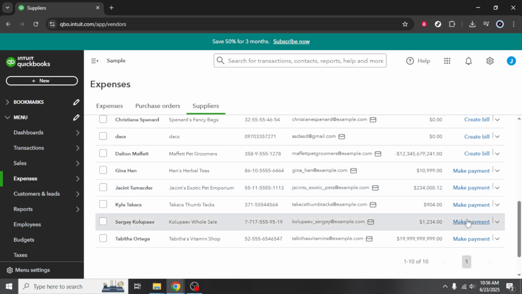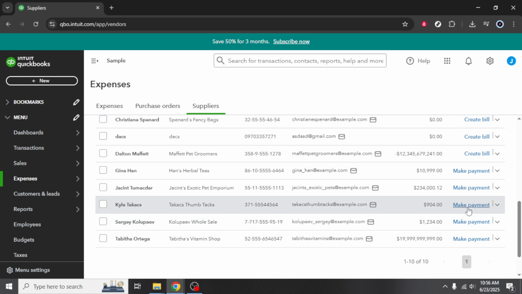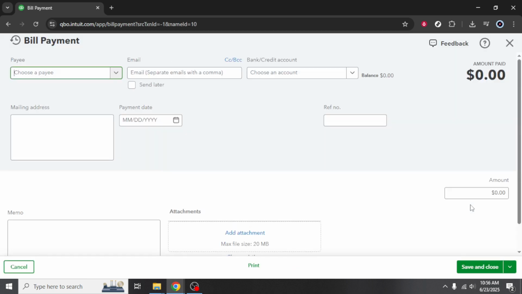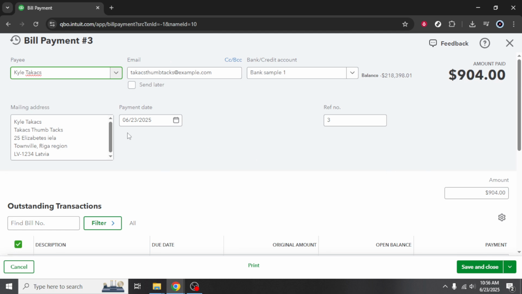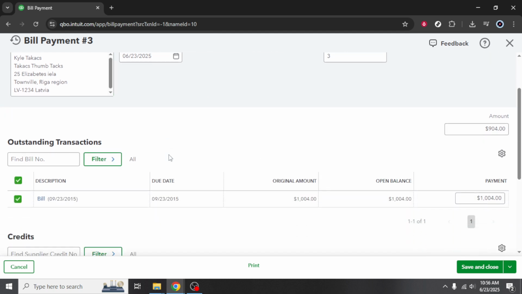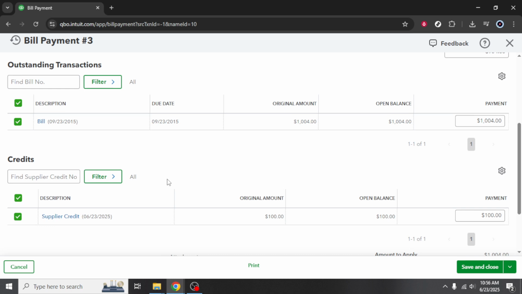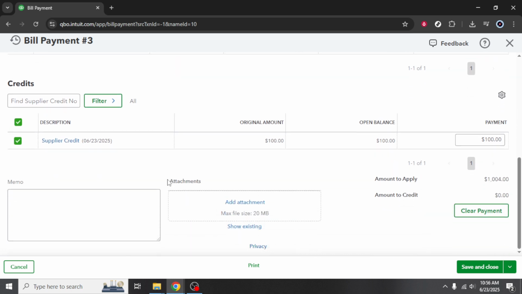Once you're in the Suppliers section, the next step is to identify the specific supplier you need to make a payment to. After selecting the supplier, look for the option labeled Make Payment. Clicking here will lead you to the payment portal where you can fill in the necessary details associated with the transaction. Here, understanding the payment terms set by your suppliers can help maintain a good relationship and avoid any late